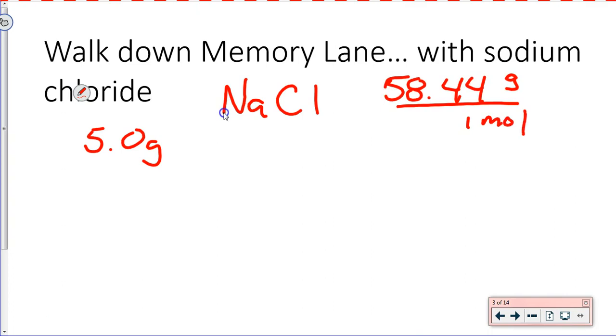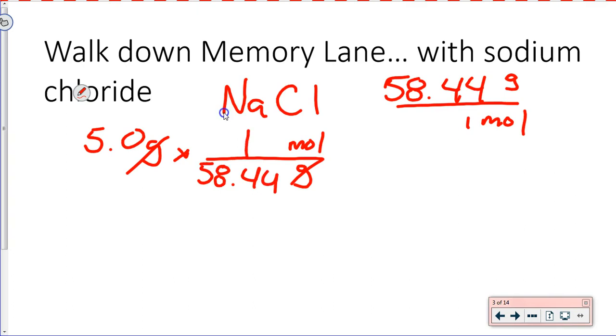So we use that conversion factor just like we had before. We put grams on the bottom, mole on top. Why did you put grams on the bottom? Well, if we're doing unit analysis, we want to cancel out the grams. Perfect. Now we have the 58.44, and it's on the bottom of that conversion factor, so we are dividing. This is the conversion factor we are talking about. So we get an answer of